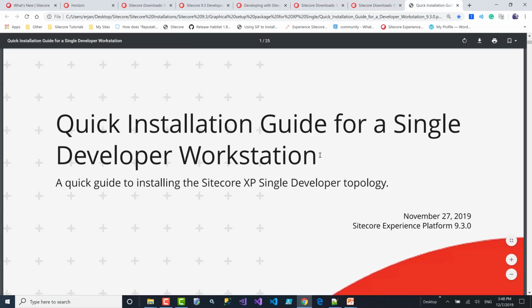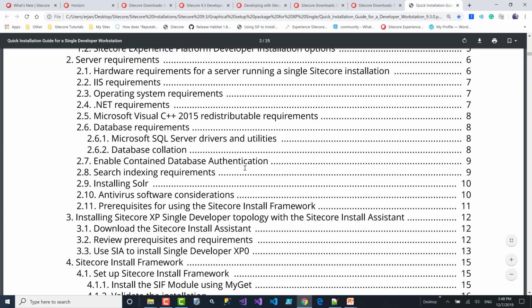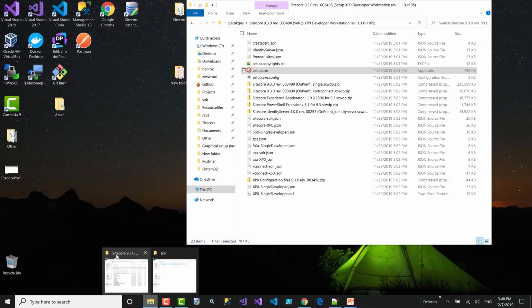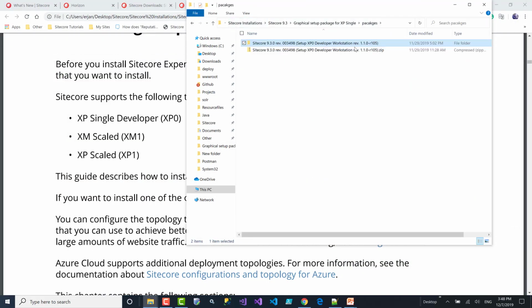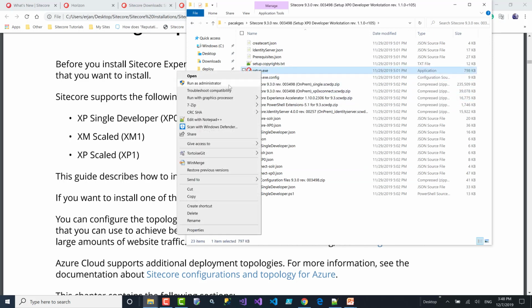And I didn't really install it previously. That's the first time I'm going to install, and I believe that it should be easy. And the reason is, let's go back. So I did download this package, and I extracted it. Here are the JSON files and the different packages required, and we have the executable. Right click, run as administrator,